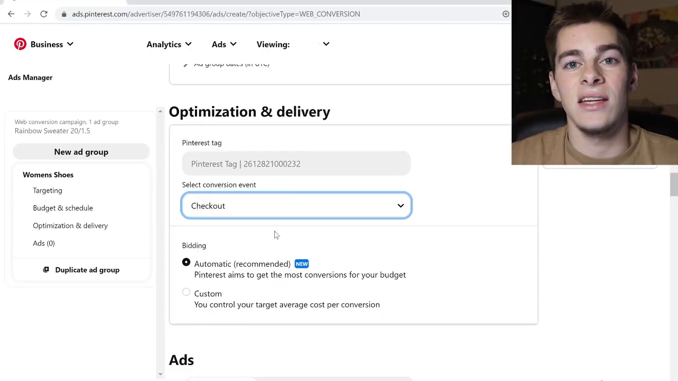And then when it comes to your bidding in the beginning, I like to leave this as automatic, because again, I don't know my audience, and I think Pinterest is going to do a much better job of spending my money than I would if I were to just go into manual bidding